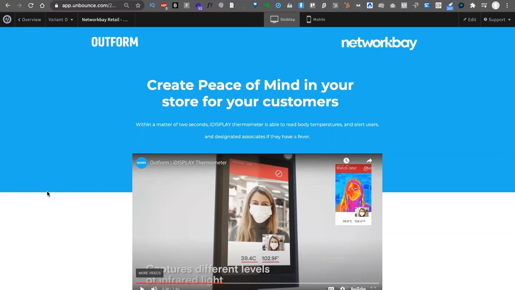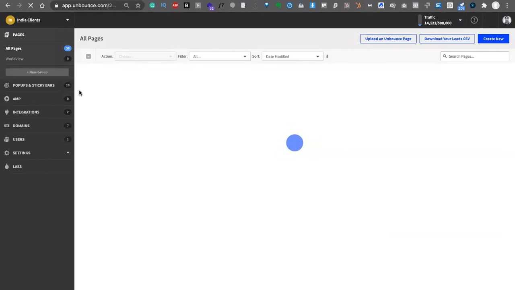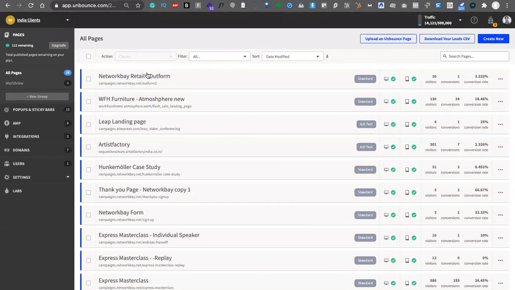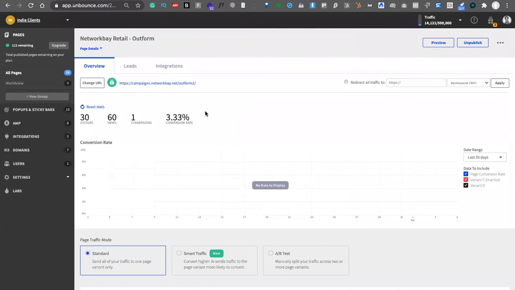So I can completely change the structure of my page, and using something like Unbounce, I'll show you. 1 second. Let's just go back. We can do this very quickly. Why I'm saying use tools like Unbounce versus developing these pages on your website is because you can do changes rapidly. Okay, what I will do is, 1 second,